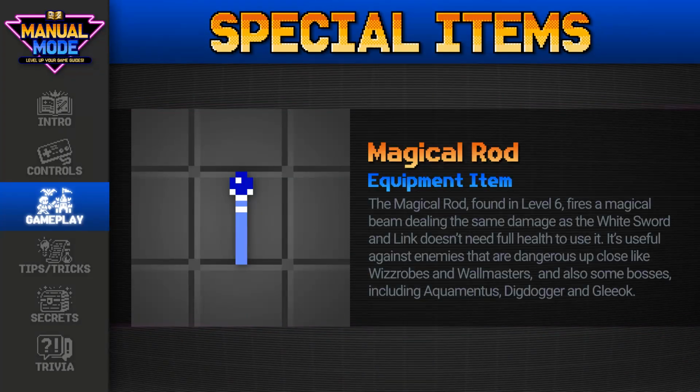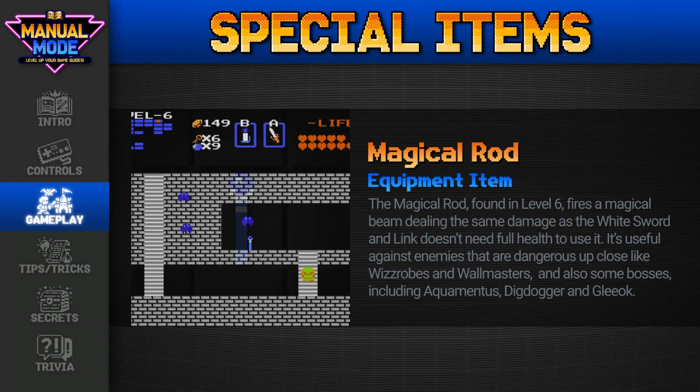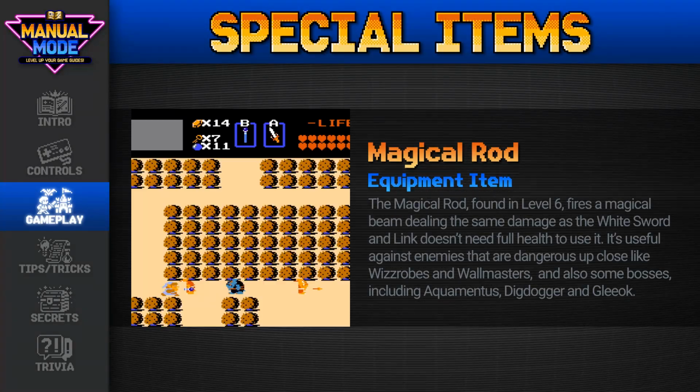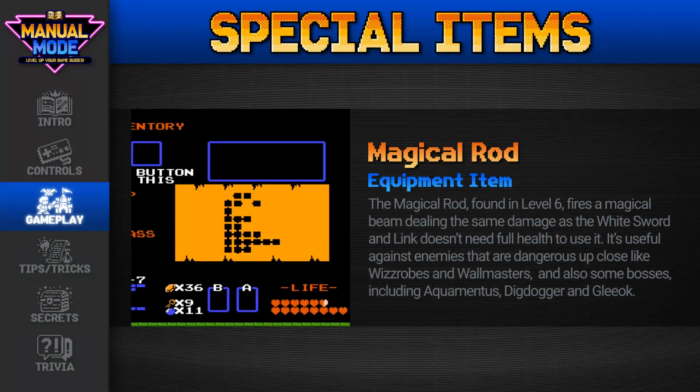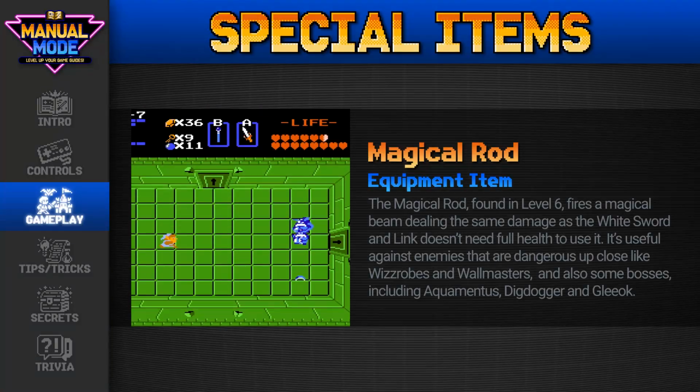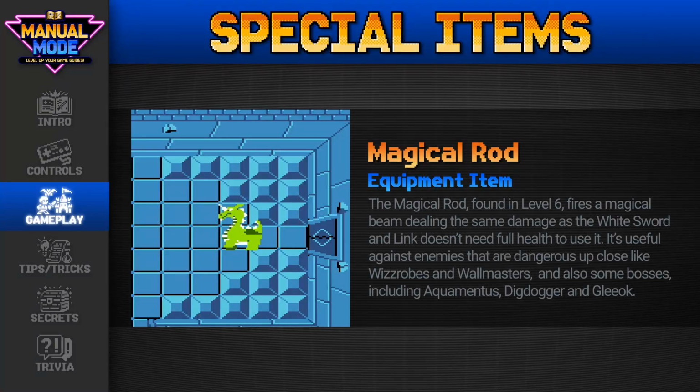The magical rod, found in level 6, fires a magical beam, dealing the same damage as the white sword, and Link doesn't need full health to use it. It's useful against enemies that are dangerous up close, like Wizrobes and Wall Masters, and also some bosses, including Aquamentus,